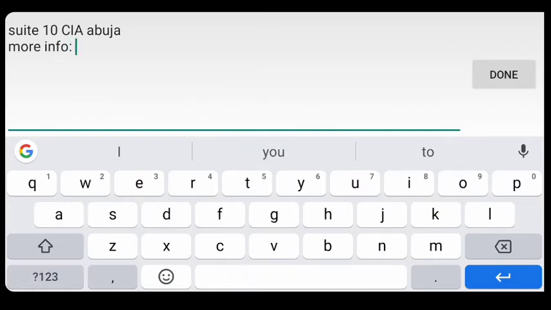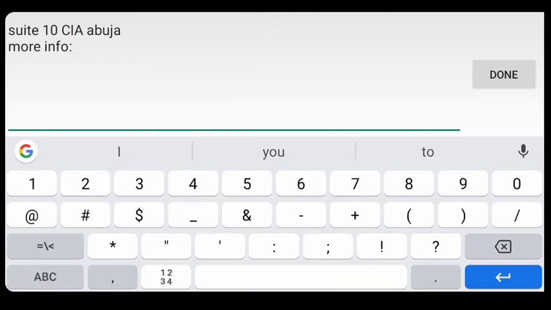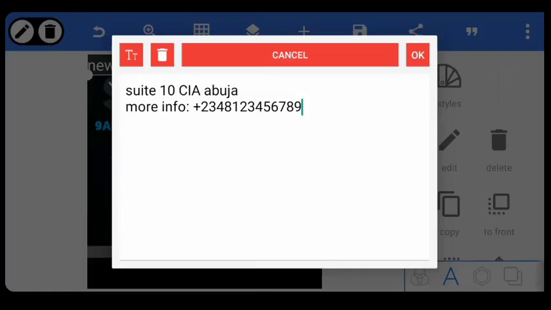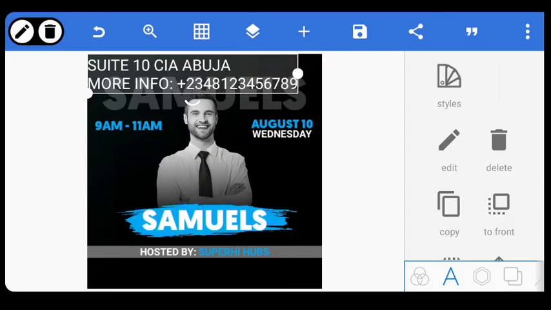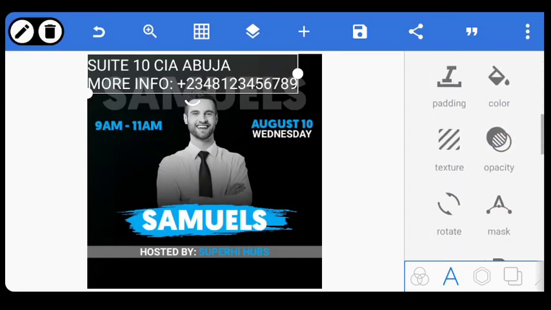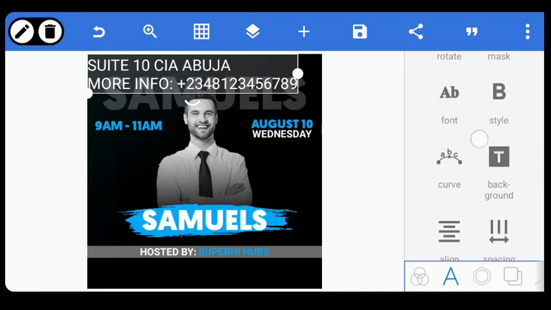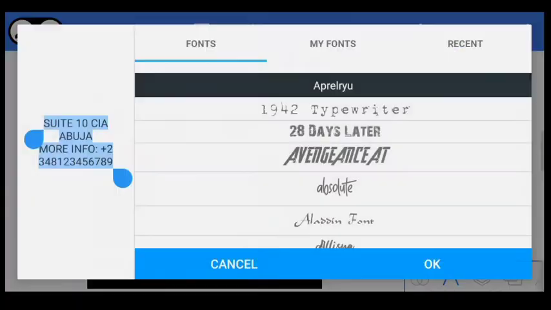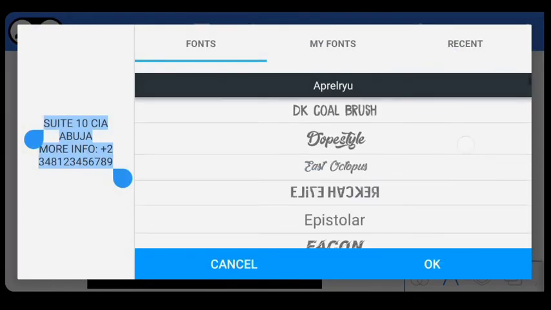And just type in the phone number or anything. Plus 234 81. Just like that. Great. But before that, let's make it capital letter. Now come to font and select this specific kind of font that will make it fancy. So just come to font. I think the font that I made use of was